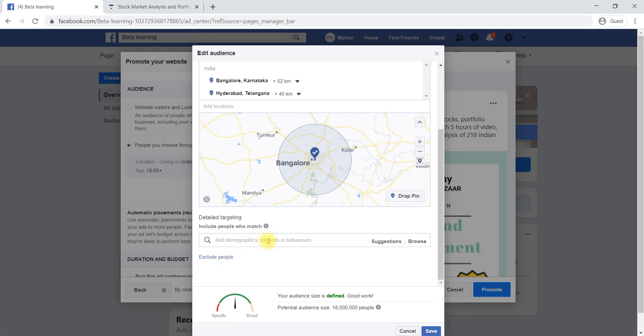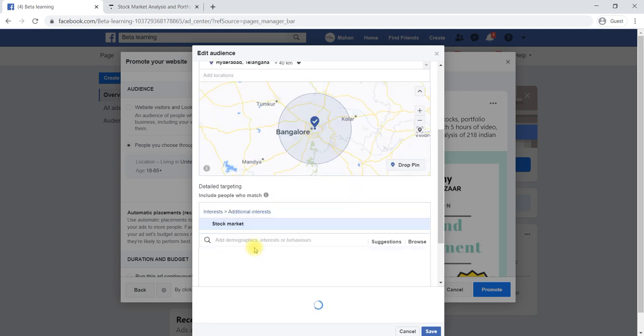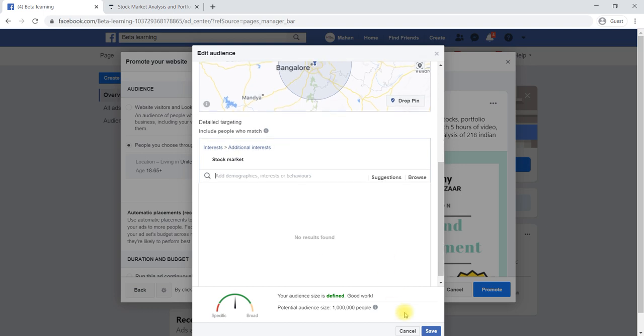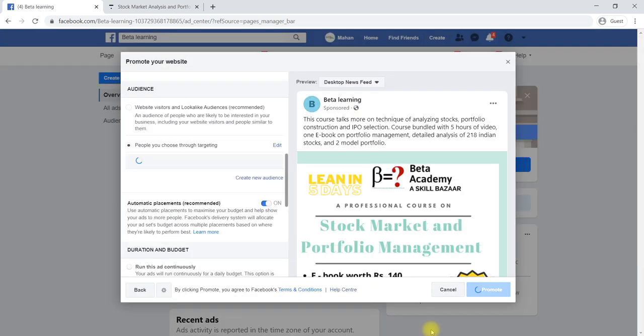If you would like to include people, for example, one who is searching for a stock, only for them I would like to target. Then we can say include people, and your target audience will come down. Based on that interest your ad will be placed, then say save.